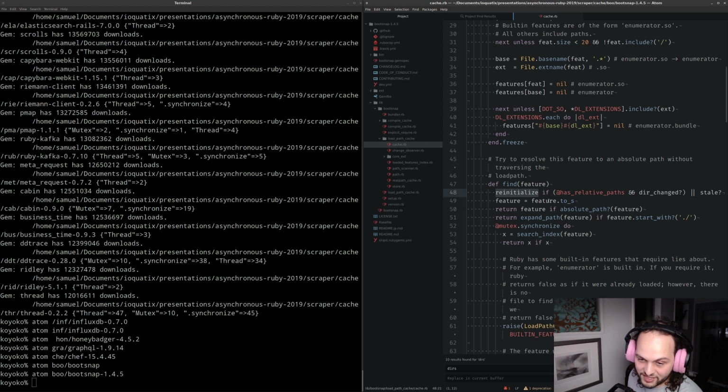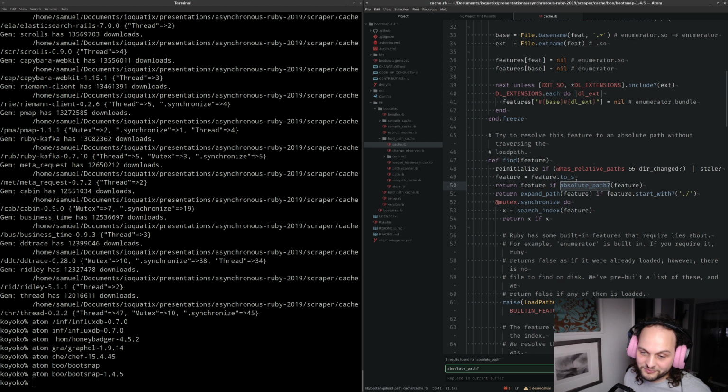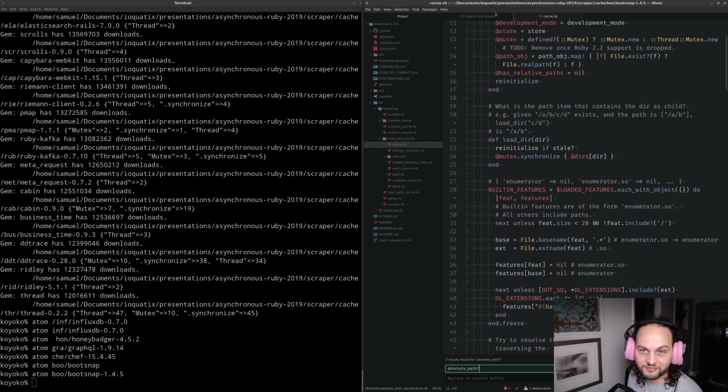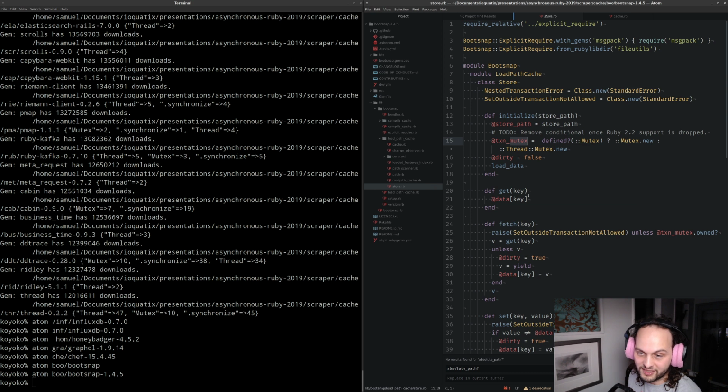Reinitialize was okay. Feature equals feature2s, absolute path feature. What does that do? It's not very exciting. Loaded features index, loaded path cache. Okay, here's another one of these things. It's pretty interesting. We've seen quite a few models where basically